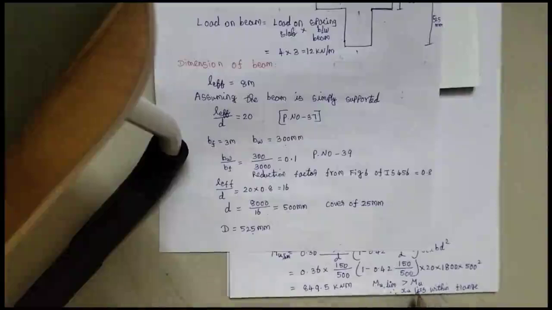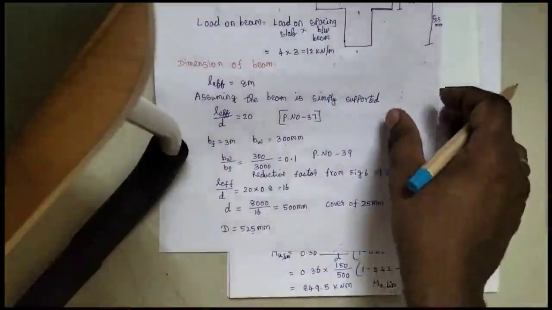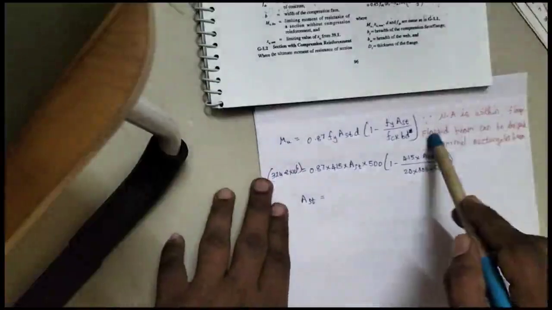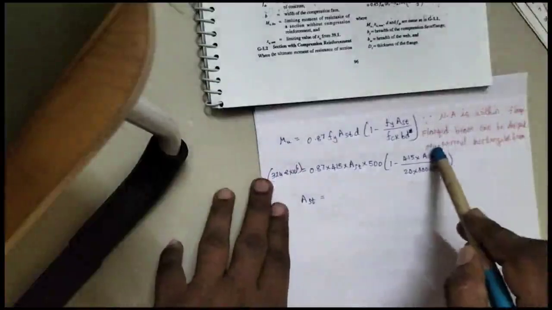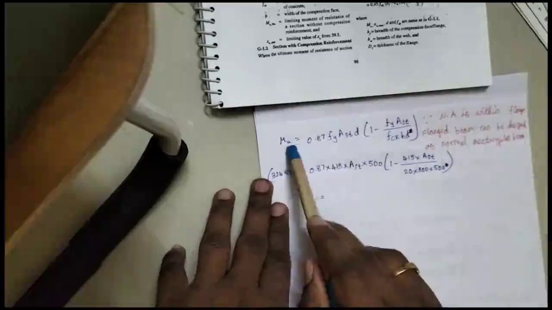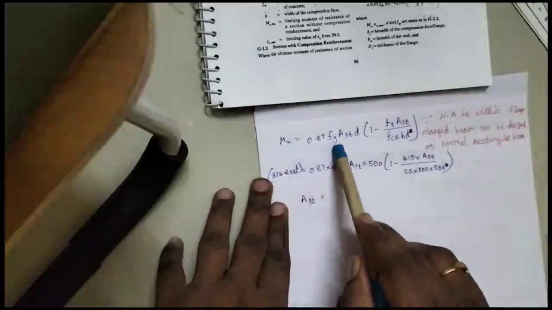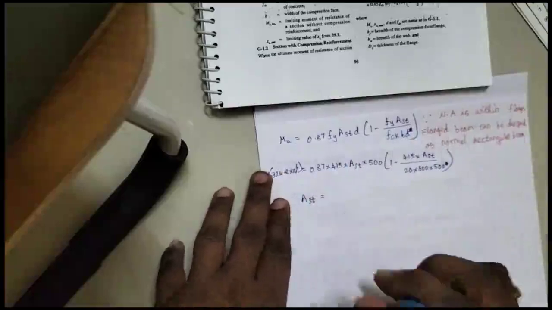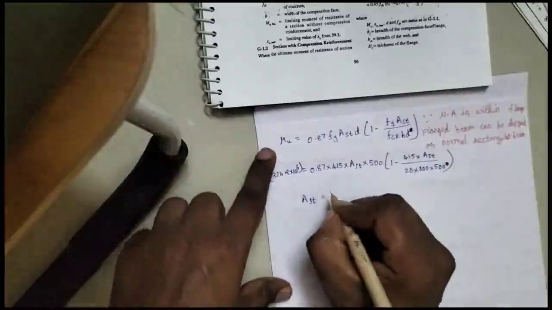When the neutral axis lies within the flange, the beam needs to be designed as a simple rectangular beam. So we are going to use the same formula to calculate the moment which we have used in our previous problems. Since the neutral axis is within the flange, the beam can be designed as a normal rectangular beam. Using the normal formula from our previous problem and substituting, I am getting AST equal to